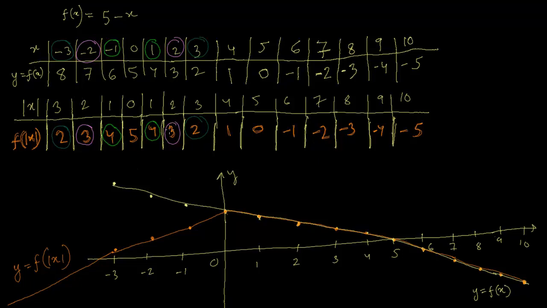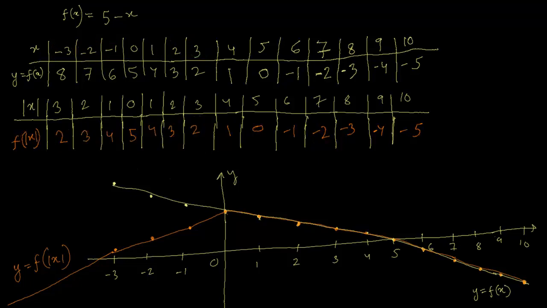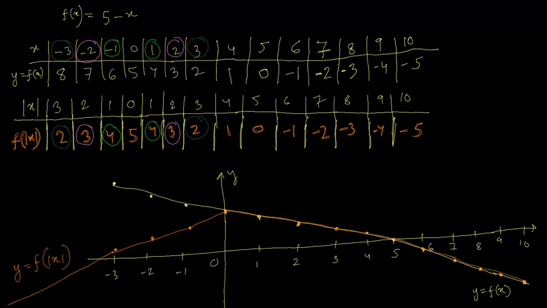Then you have 2, 3, minus 2 is also 3. 1 gives a value of 4, but minus 1, since it becomes 1 because of the absolute value of x, is also giving the value of 4. It's sort of a reflection. You can notice that it's a reflection on the y-axis this time. So you have to remember, when we do this, it's a reflection. This is a reflection